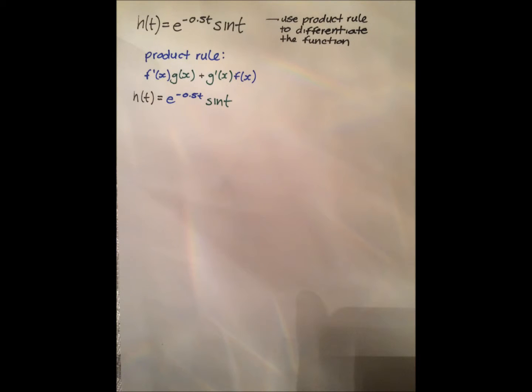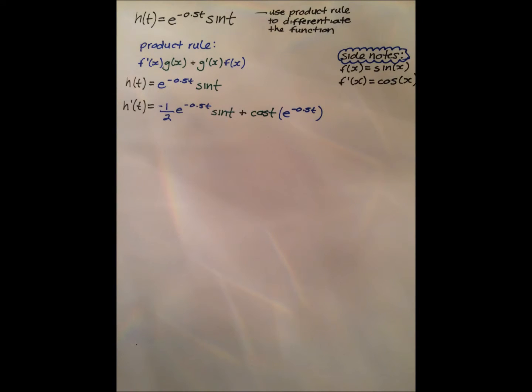First, we must solve for the derivative, h prime of t. In order to do so, we can use the product rule to differentiate the function. The product rule states f prime g plus g prime f will give you h prime of t. In the original equation, we can determine that there are two functions within the equation, which is why we can use the product rule. One function, highlighted in blue, is e to the negative 0.5 t,